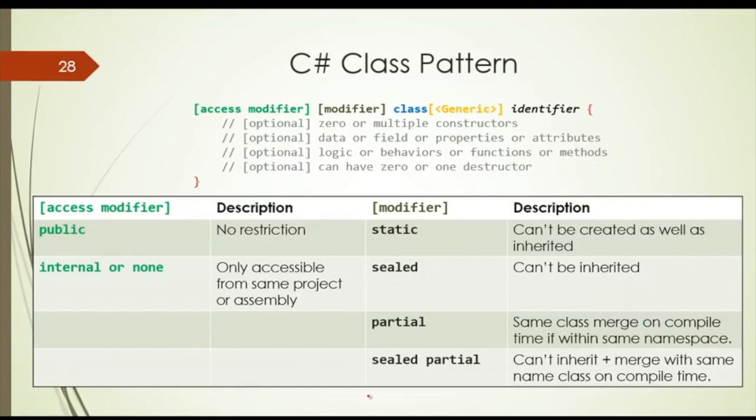So finally, this is the class pattern that you have seen so far. The square brackets mean optional, that you can write it or not. It's really up to you. You haven't seen generics yet, but you'll see it very quickly. The format is you first write the access modifier, which is defined here. You can have only public or internal for the class, or nothing at all. If you don't have anything, it means internal class.